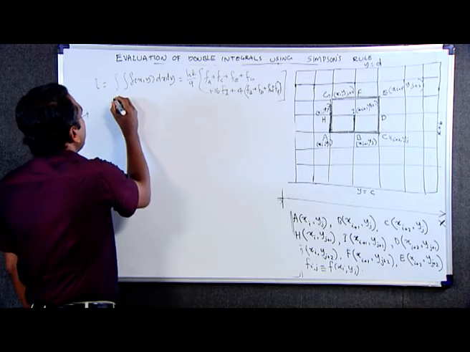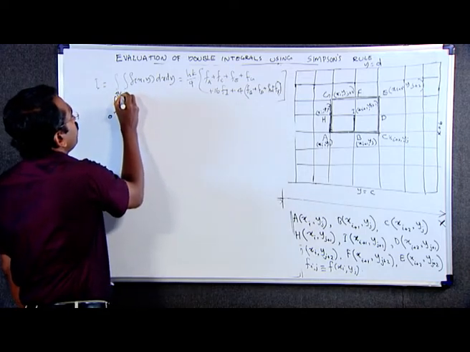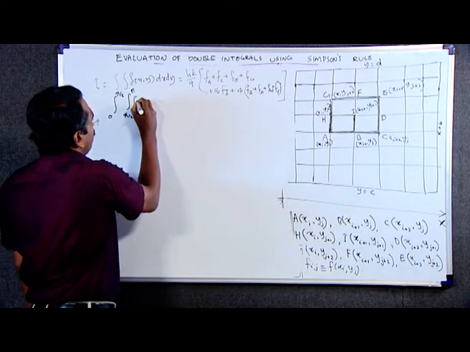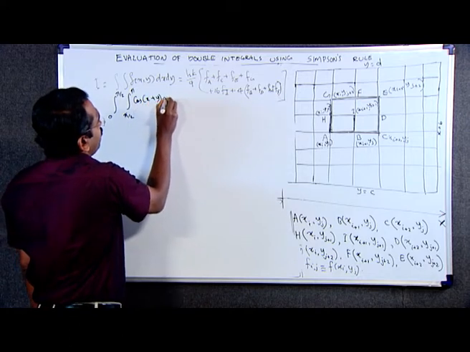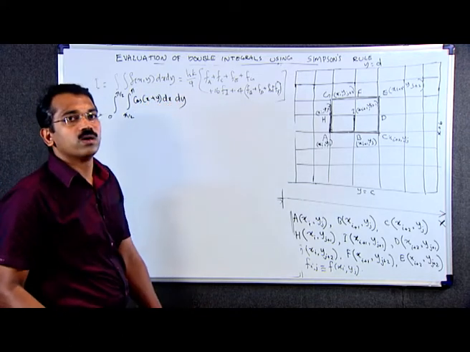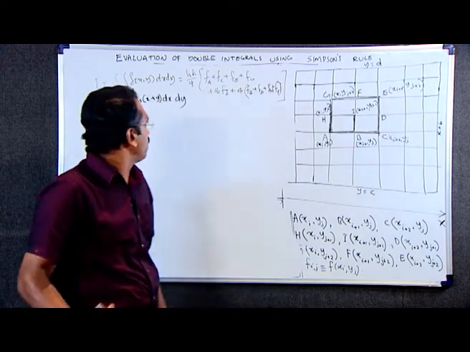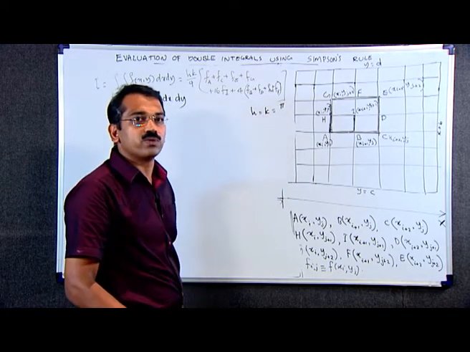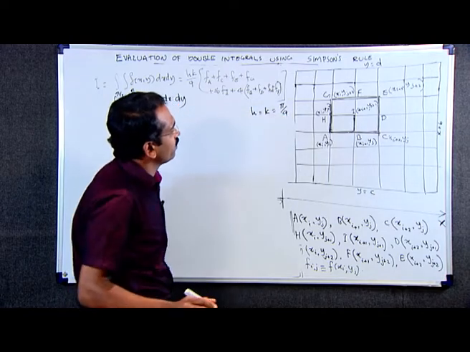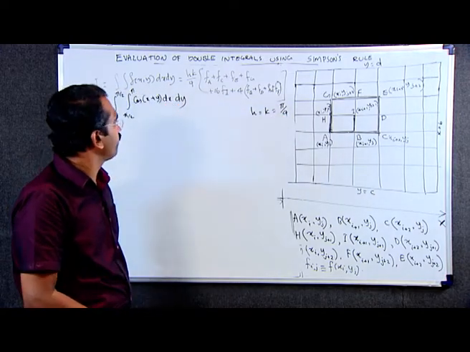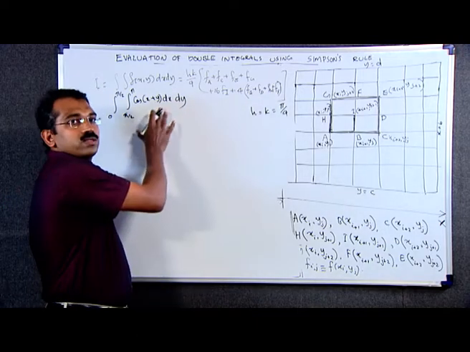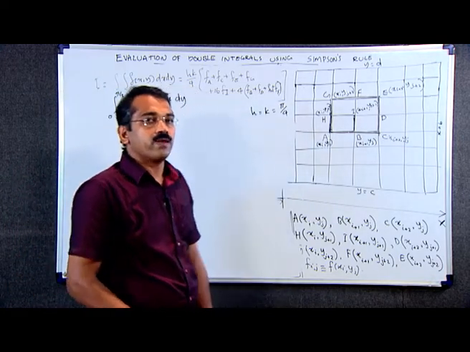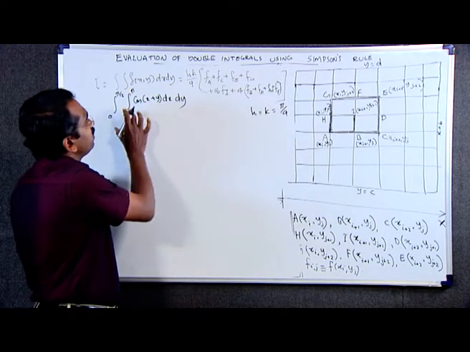Evaluate the double integral from 0 to pi by 2 and from pi by 2 to pi of cos(x plus y) dx dy, where h and k are taken as pi by 4. Both h and k are the same, both are equal to pi by 4. In order to evaluate this double integral by using Simpson's rule of integration, we split this total region of integration